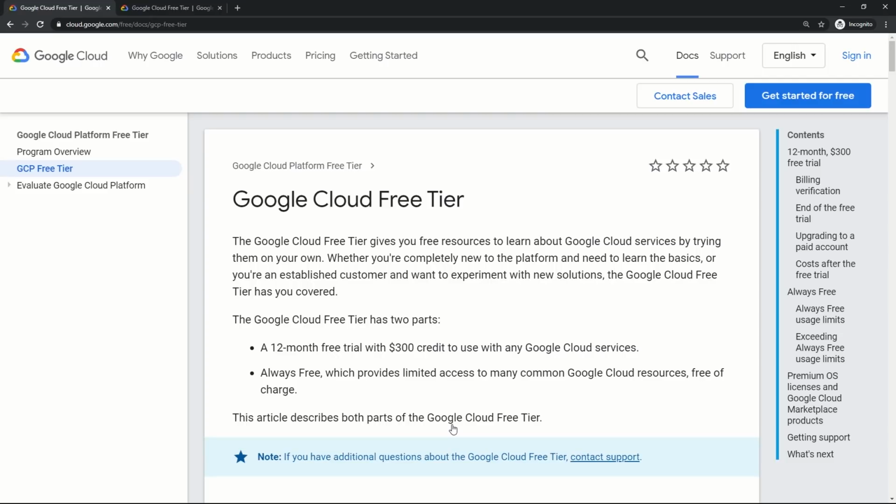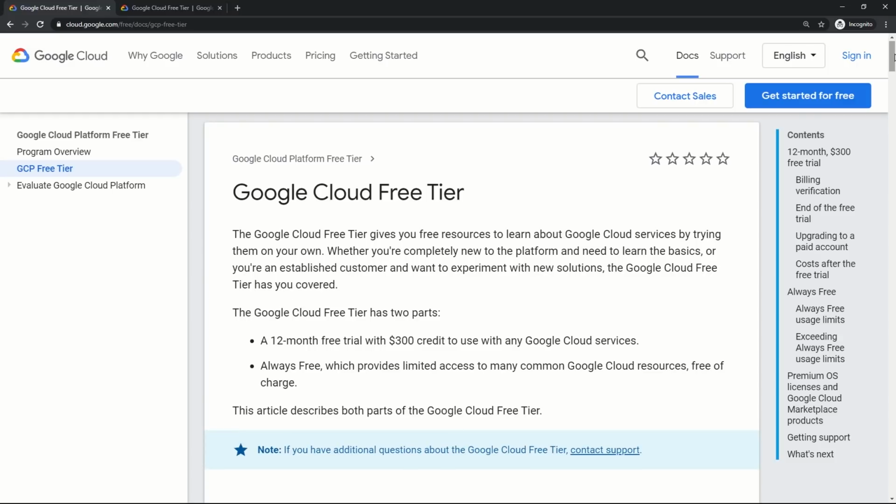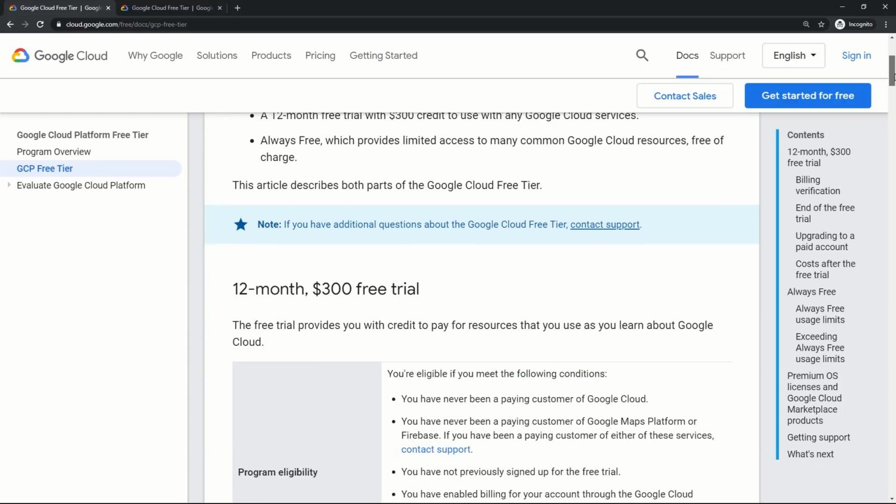Whether you are completely new to the platform or need to learn the basics, or you are an established customer and want to expand to a new solution, the Google Cloud Free Tier has you covered. The Google Cloud Free Tier has two parts: a 12-month free trial period with $300 credits, and Always Free. We already discussed Always Free products and services. Let's explore the $300 free credits.